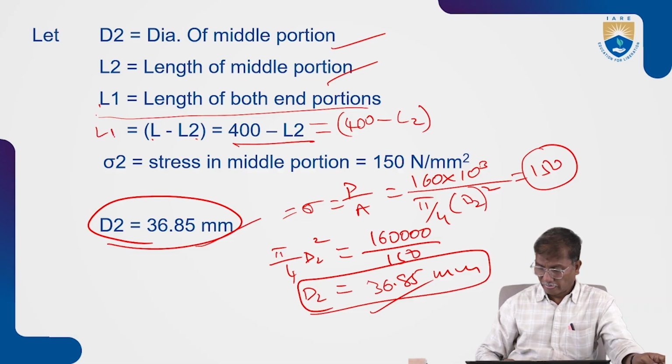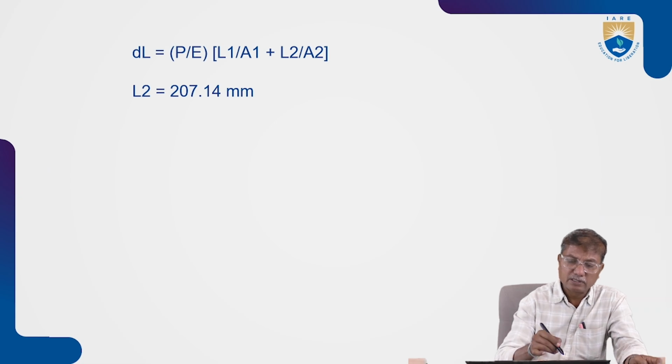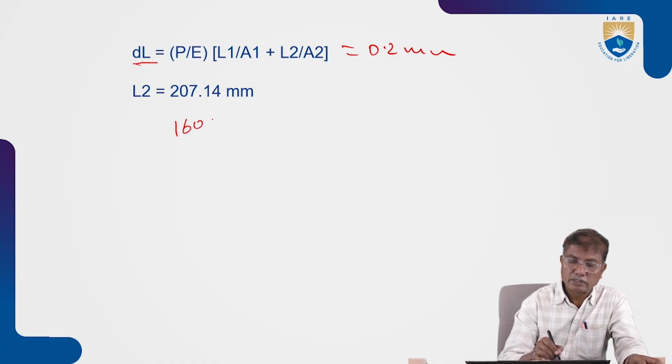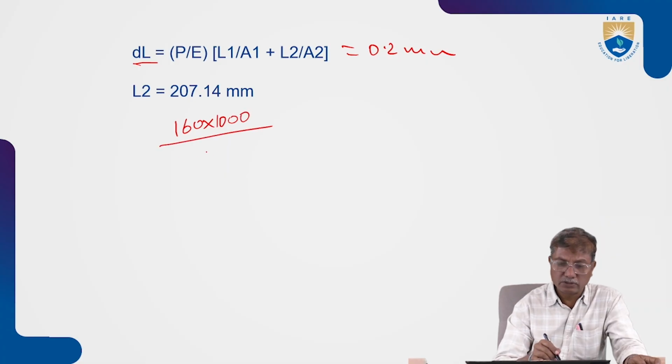Now the total elongation is given, which is 0.2 millimeters, and that is equal to P, which is 160 into 1000 by E, 2.1 into 10 power 5, into